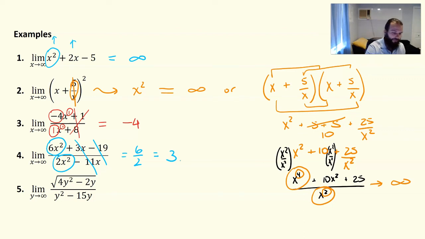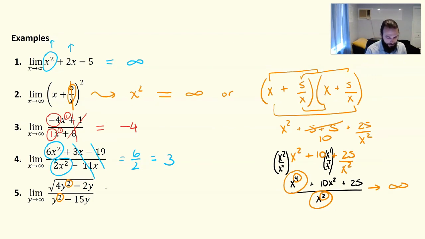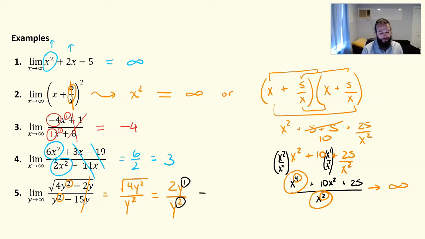Now this last one, number 5, is a little bit tricky. In number 5, it appears as though we have the same highest power, but we actually don't, because the numerator here is under a square root. So let's reduce this to just the highest powers. So we have the square root of 4y squared over y squared. We can neglect the lower powers, again, because as the y gets very, very large, they're not going to affect our output all that much. So then, the square root of 4y squared is actually 2y, and now our higher power is actually in the denominator, where here the power is 1, so this is going to approach